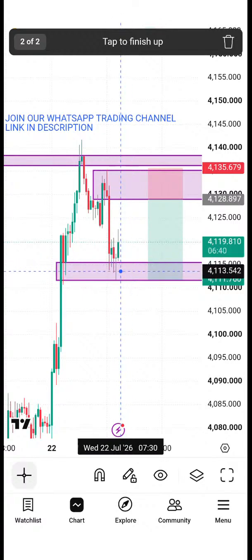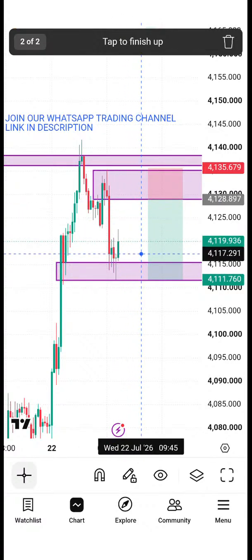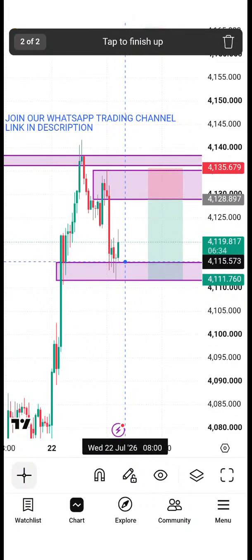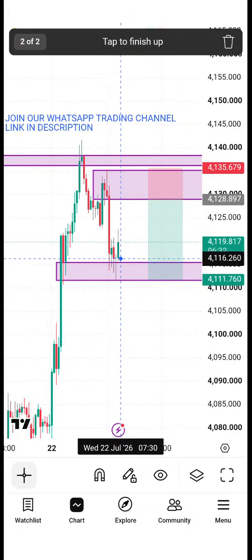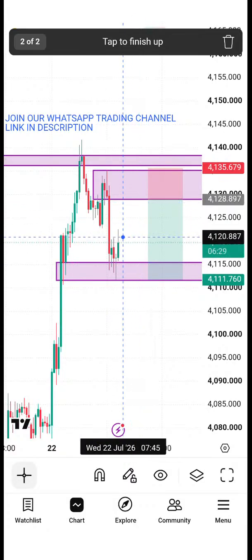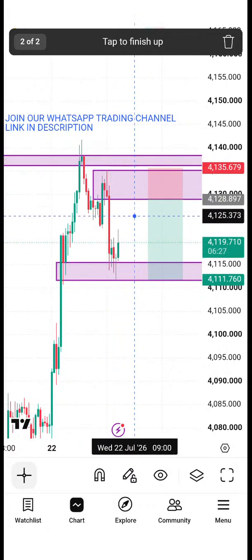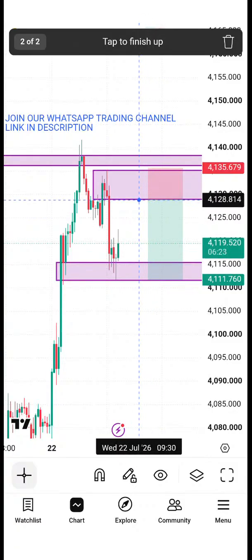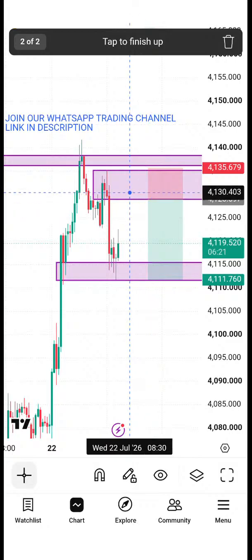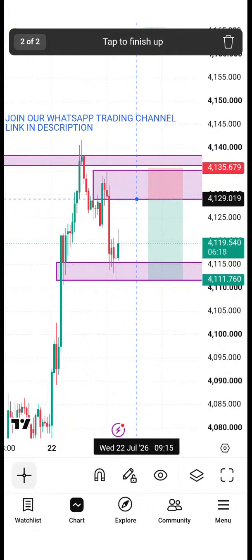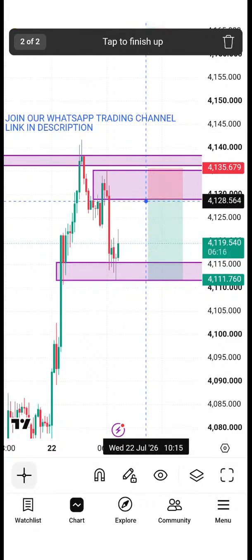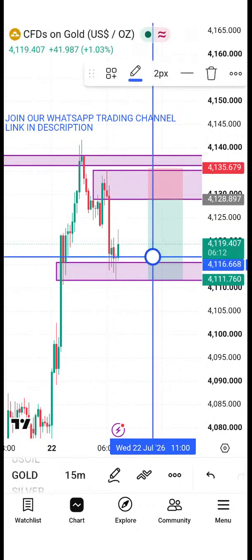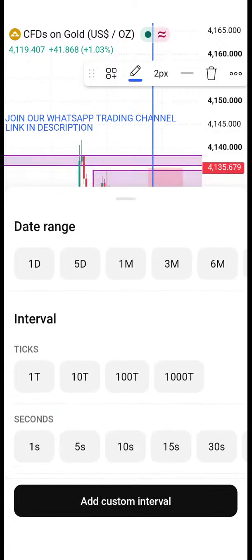You want to buy here to this point, hey, I wouldn't advise you to buy from here to take a pullback. I wouldn't advise you. Rather look for a sell entry around this area. Yeah, the best option is for you to look for a sell around this area. Let me just check the 5-minute time frame.